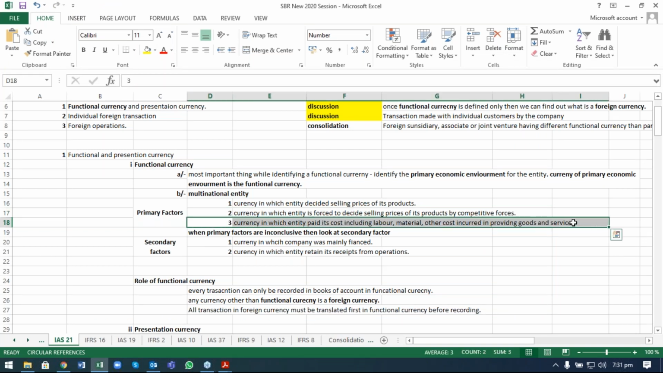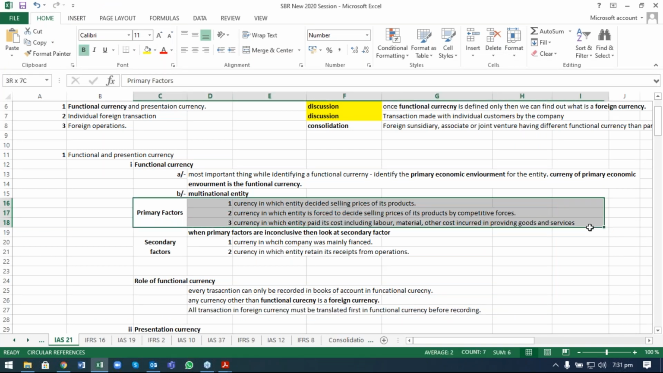So it means from the primary factors, we might not be able to identify what was the functional currency of the company, because there is confusion. We cannot identify what was the main currency in which the company is deciding its selling prices, because the company is selling its products in different currencies, like dinar, yen, and dollars, right? And there is no indication provided within the scenario that the company is setting its price in dinars,